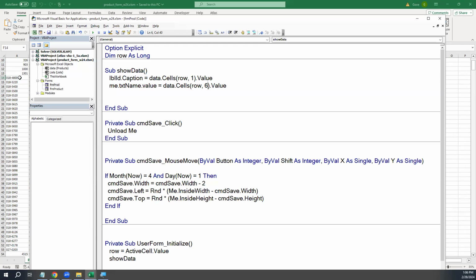So now when the user form gets initialized, it should read whichever row we're currently on, and then show data, which is going to use that row variable to read data off that part of the sheet and put it into the proper places on my form. So I'll run this,